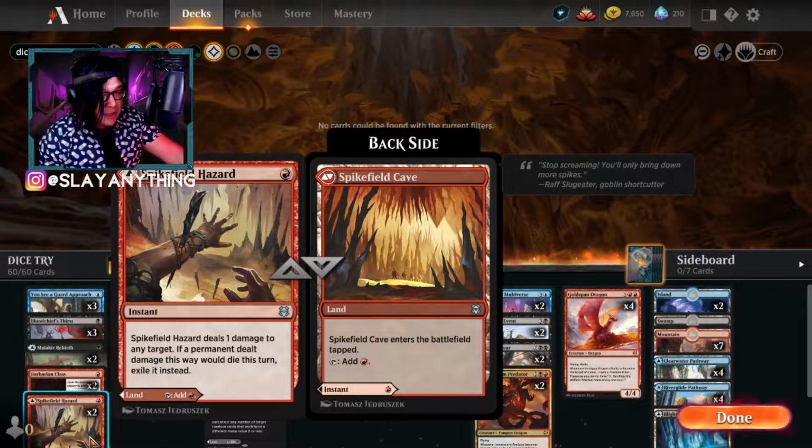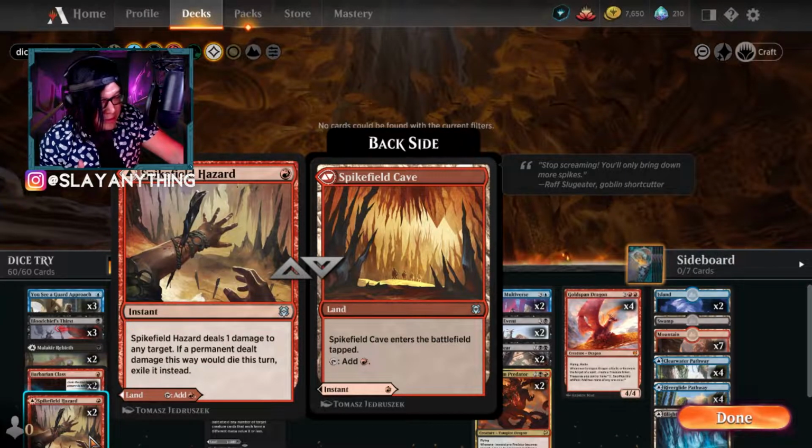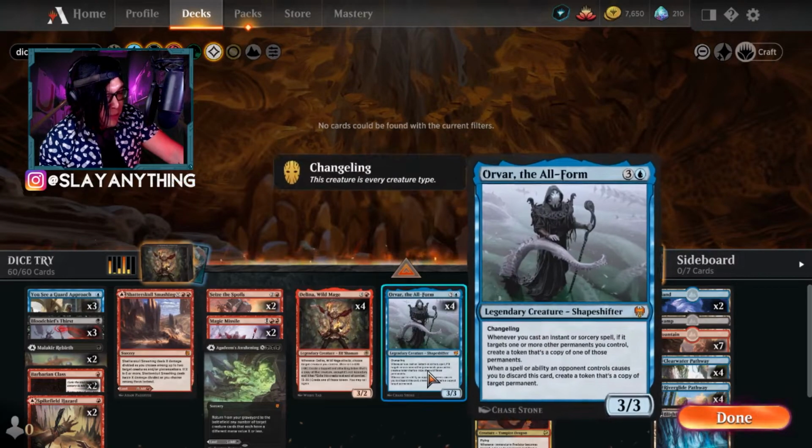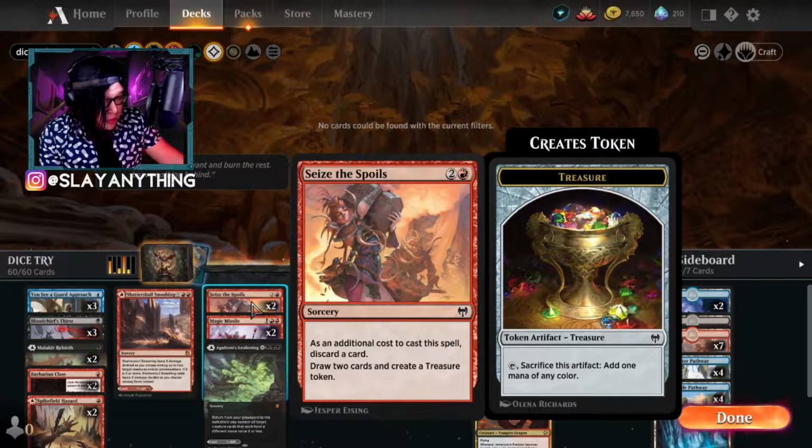So this is just great to get rid of the low toughness creatures the opponents might have on their side of the field, but also we can target our own creatures. They won't necessarily die because it's just 1 damage, but we do get to double up on them with Orvar's ability. To help us ramp up, we do have some card draw spells that give us some treasure, including Seize